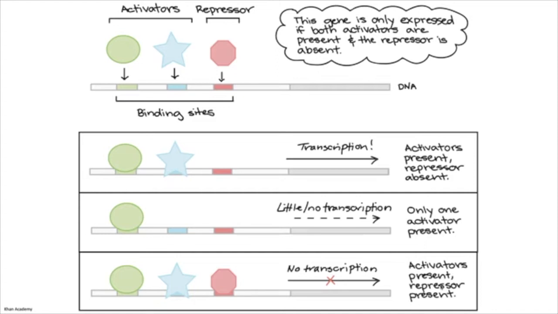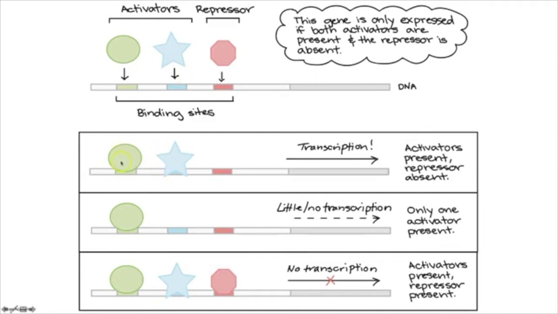The actual combination of transcription factors changes which proteins get expressed, which is going to change how your cells function and behave. And so in this case, these are all transcription factors. Remember, they don't have to just promote transcription, they could suppress transcription. And so you can have some activators, you could have some repressors. It's really referring to the gene that it's actually binding to, but you can imagine these are all transcription factors